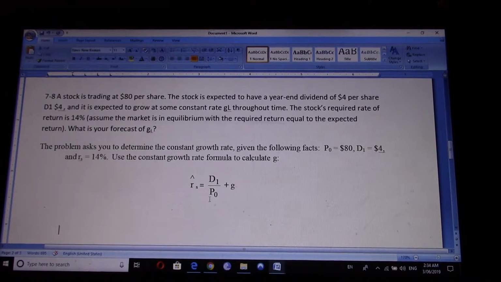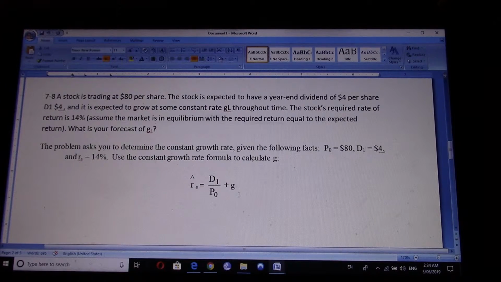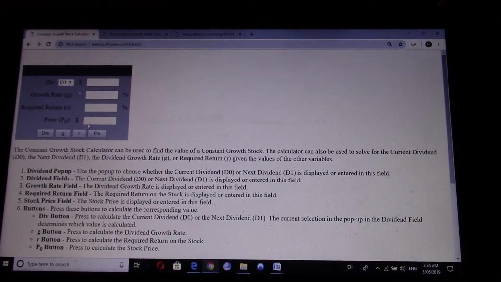7-8, the problem asks you to determine the constant growth rate. Since everything else is given, stock price is given, D1 is known, R is known. So this is the equation. If you use this calculator, this is a good example to use this calculator. So it's $80, $4 of dividend, and 14% of return. So if you use this dividend constant growth rate, this is D1, and